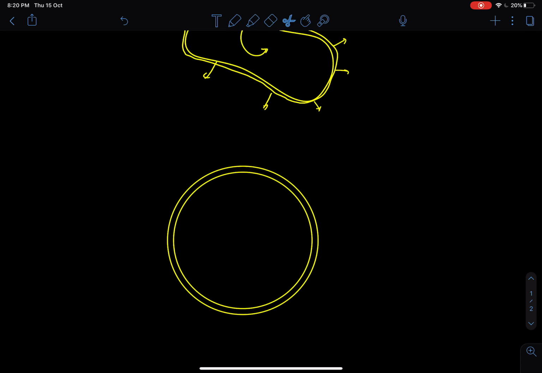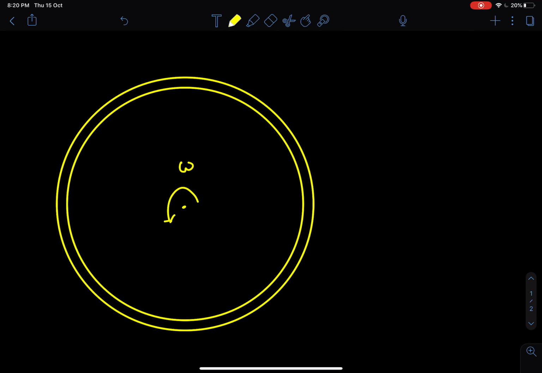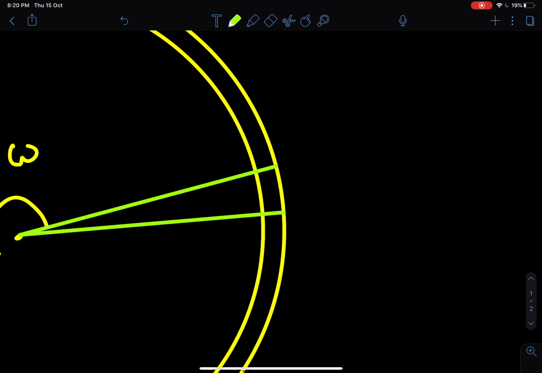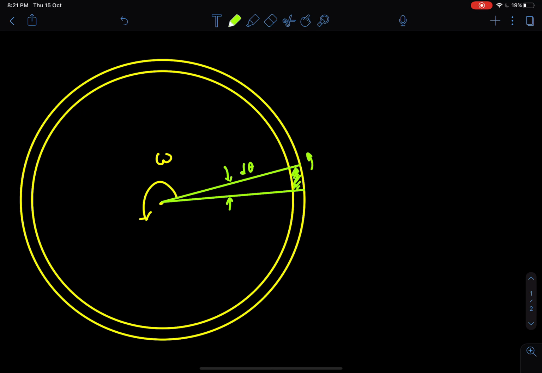All the particles of the rope will undergo circular motion, and this rope is undergoing rotatory motion, and for that rotatory motion of this rope, the angular velocity is omega. So if you take any small element in this rope, let's say this small element is here, and this element is subtending d theta angle at the center, this small element then will be moving in a circle like this,